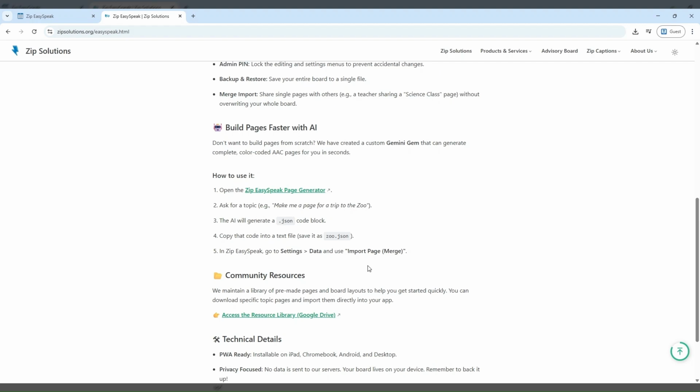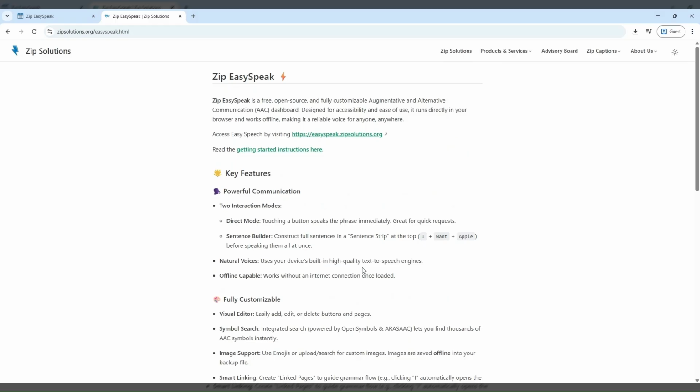So we're here to have a look at Zip Easy Speak. Now, this is an augmentative alternative communication dashboard tool that is free to use. It's online based, and if you are logged into a browser session or on a mobile device, you can also install it as a mobile app. There's a bunch of getting started instructions, and there's a few different modes that we're going to go through